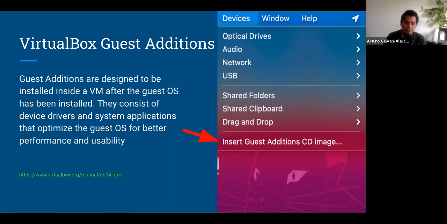However, that's not the case because it's a virtual machine instead. So what we need to do is basically add these additions to Ubuntu so that it realizes it's a virtual machine and that it optimizes better for actual virtual machine usability. So you can look more into that on the link. It's a better explanation than what this says, but once you do, make sure you click insert guest additions, and